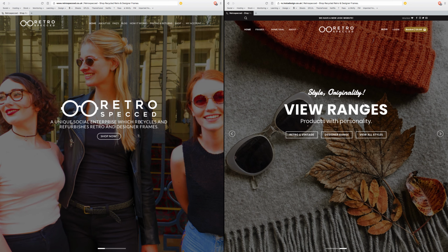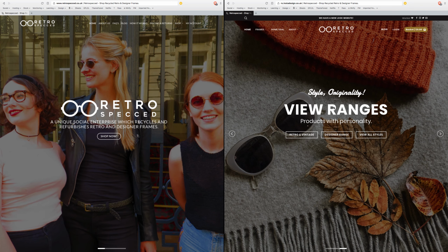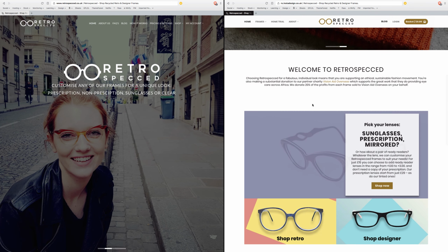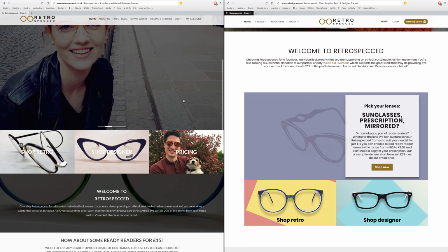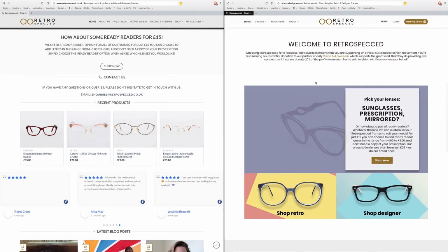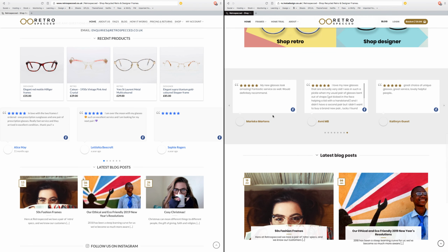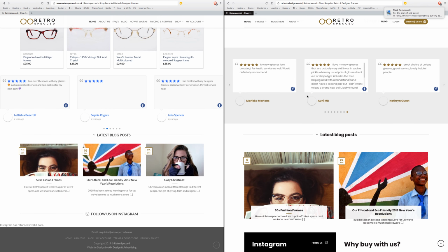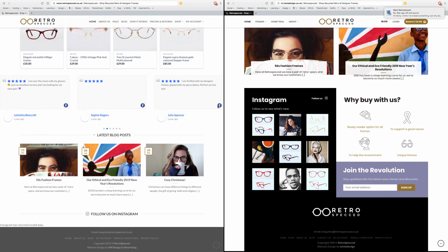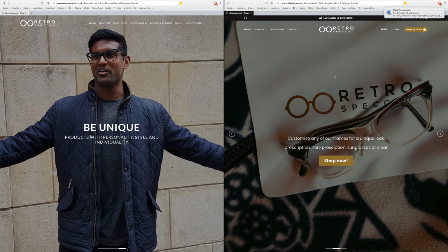So here we've got the new version of the site, which we are about to launch. So a newly redesigned homepage, as you can see if we compare side by side, a bit cleaner, bit easier to navigate, just a little bit less going on, and just everything tightened up a bit and a bit more on point with the